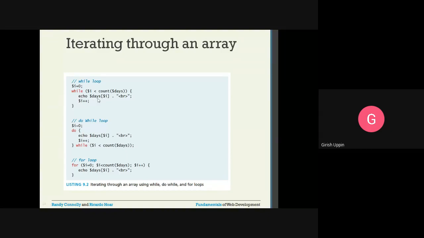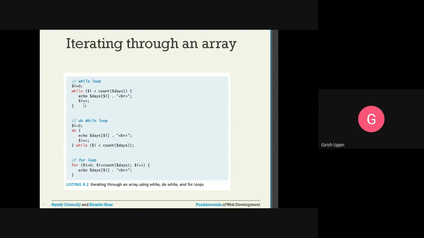Echo $days[$i], and $i is 0, so it is going to fetch the first value mapped to the 0 key, that is Monday. Monday will be displayed, concatenated with a break.